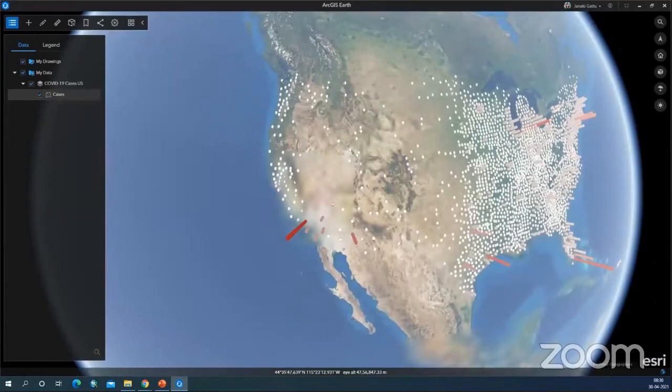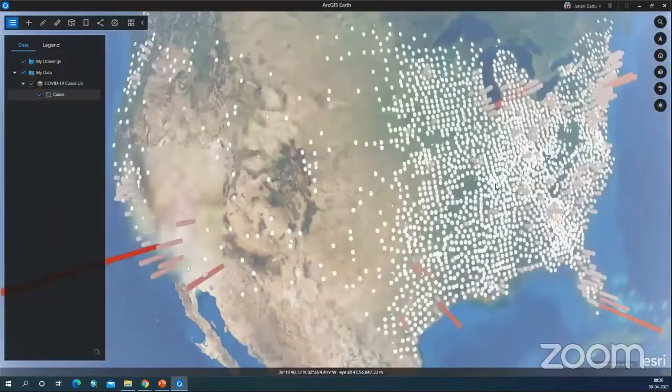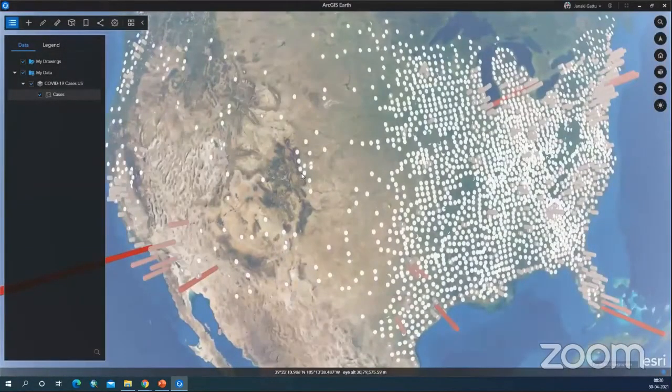So now I have shown you how to visualize the features of COVID-19 on ArcGIS Earth. Not just the COVID-19 cases, but you can also take various types of data. If you want to see the crime rate in a given area, or where more cases are, you can follow the same pattern which I've shown you here. Or if you want to see where the pollution rate is very high and how it is changing, you can also use this.